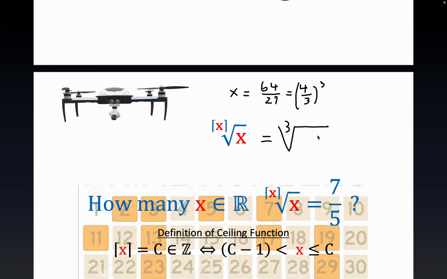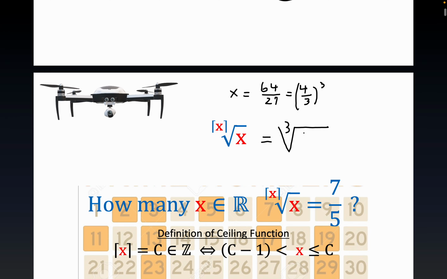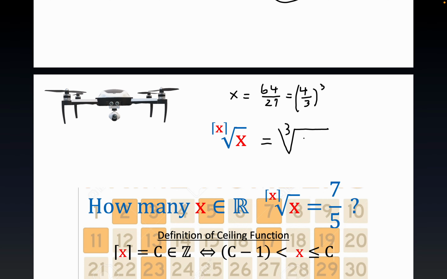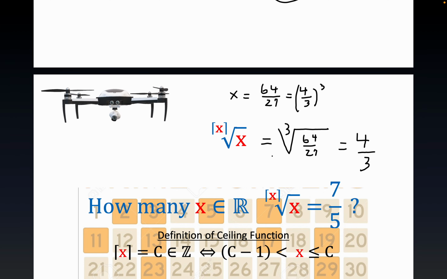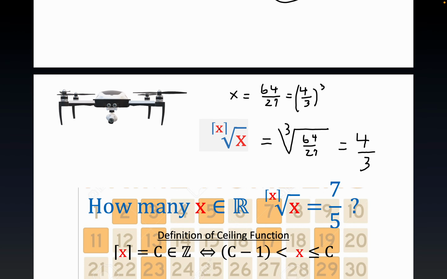Now, what we get is that this is equal to, again designed to work out nicely just for illustrative purposes, 64 over 27 right here. And the cube root of that, by this representation right up here, is 4/3. Kind of neat. I haven't seen this much. I thought of this the other day, and I don't know how much this type of problem has even been worked. But anyway, this is a concrete example of the ceiling function functioning as the index of